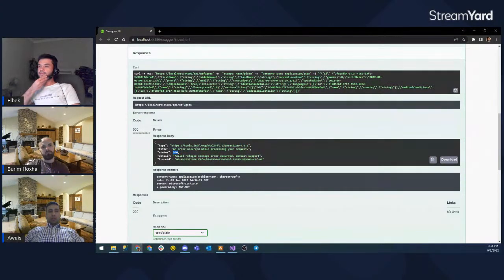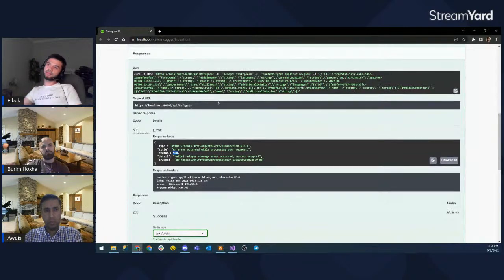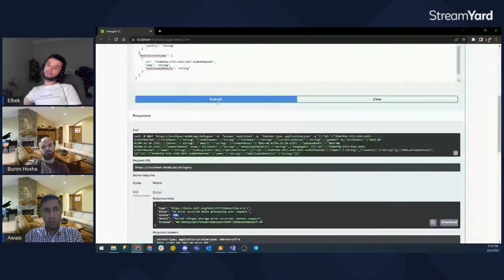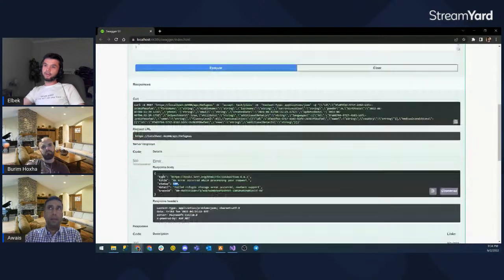But if it is returning 500, I think bad request is also returning 500. Bad request, I guess it's 400. All the bad requests have a fix errors and try again message. But with 500, the user can do nothing because